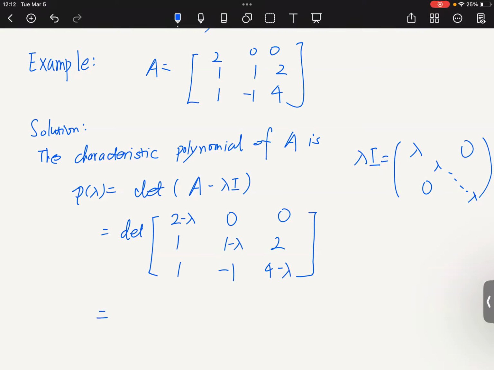Let me see, am I right here? 2 minus lambda, and then times the determinant of the submatrix here. And then this one, it should be 1 minus lambda, 4 minus lambda, subtract the 2 times -1. And then that's it. And that's the determinant, because we can add the rest of the things, and then that